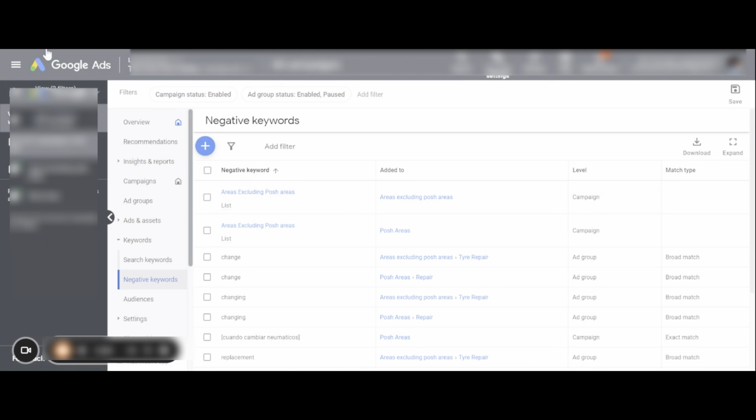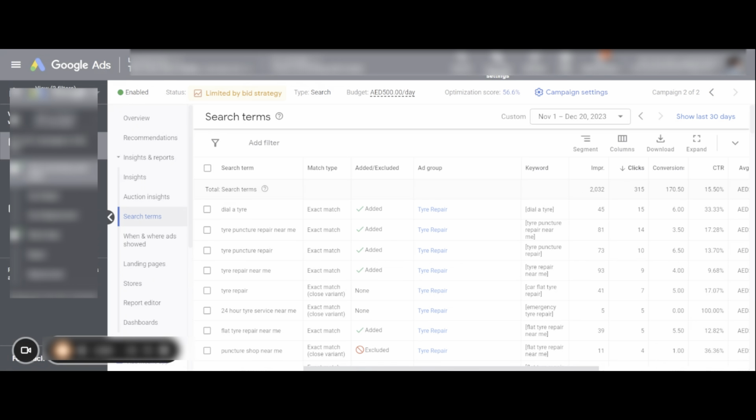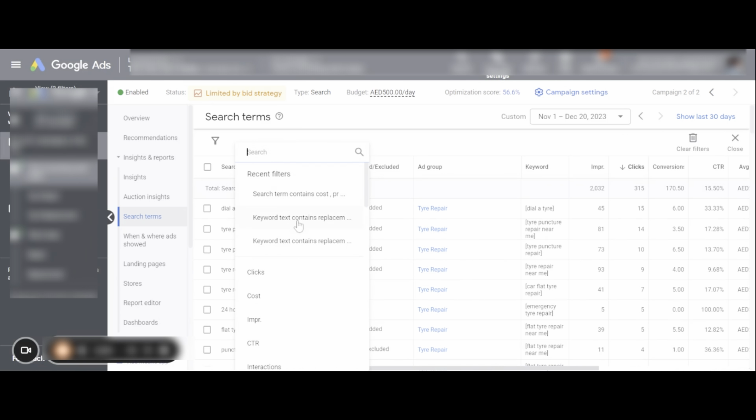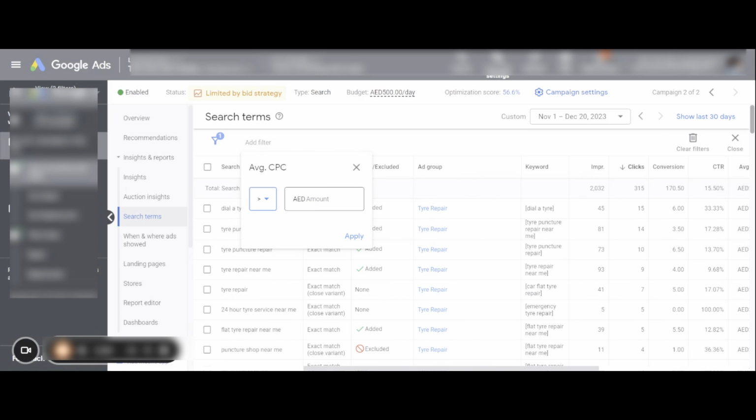So let's go back to the systems report. Let's say the average CPC of your account is $5, and some of the systems are costing you $7 or $8 or $9. So what you can do is filter systems according to the average CPC and type whatever amount you want. Let's say I want to enter 35,